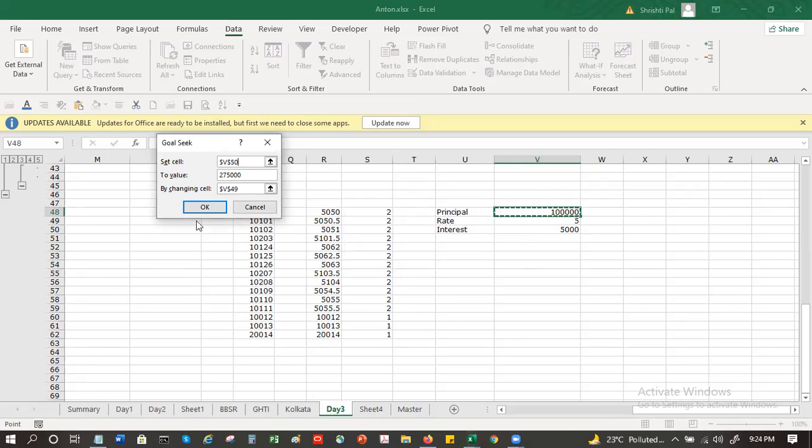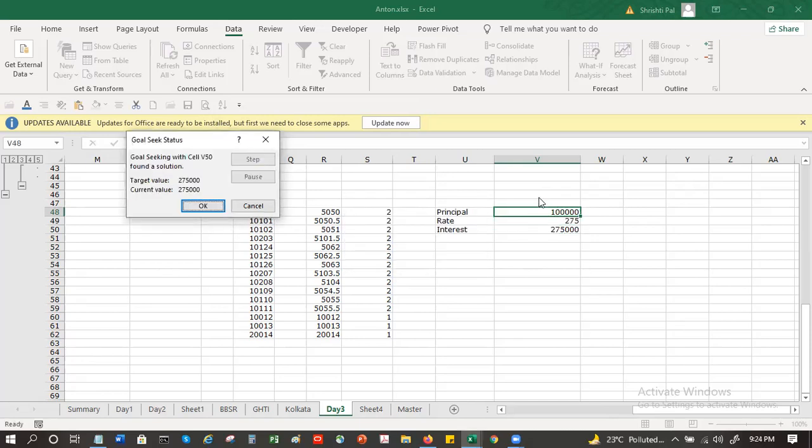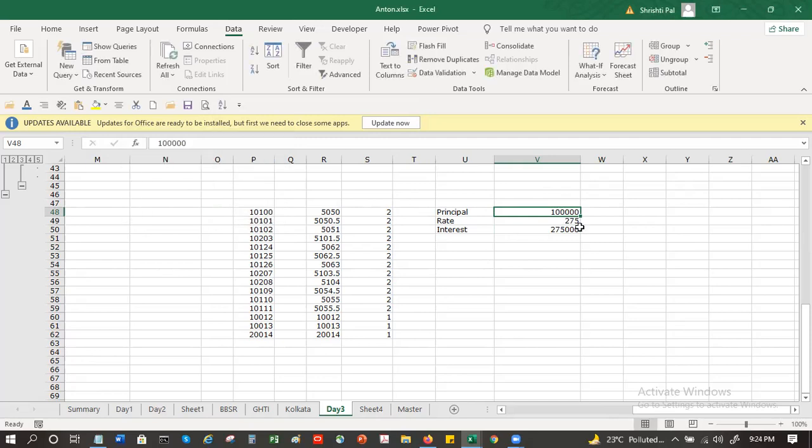So that means if on a principal of 1 lakh, you want 275,000, the rate has to be 275. So it's basically a way of doing a what if kind of thing.